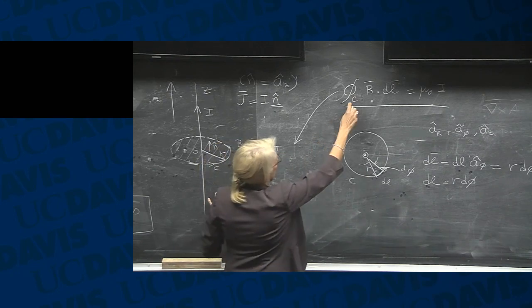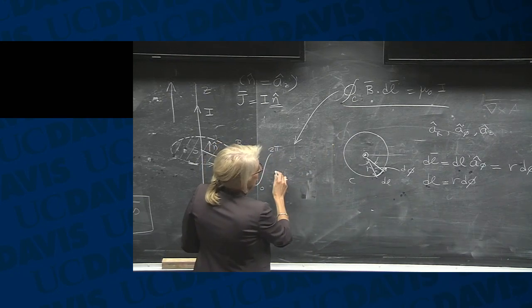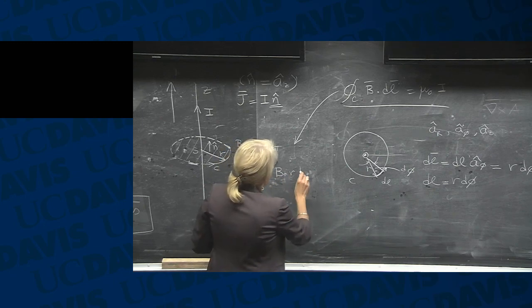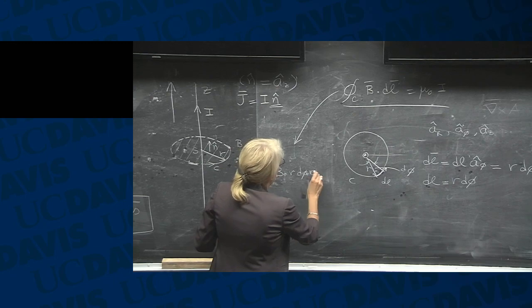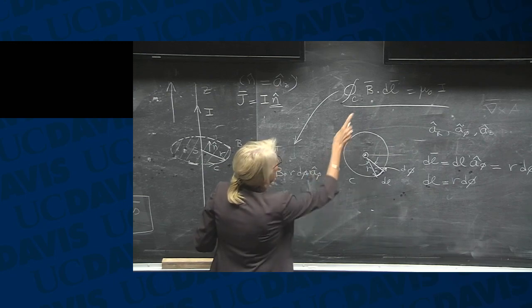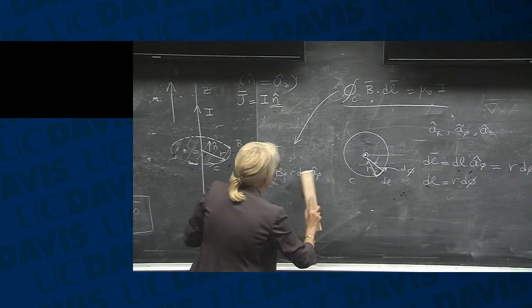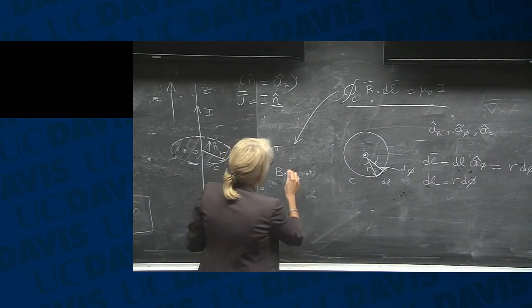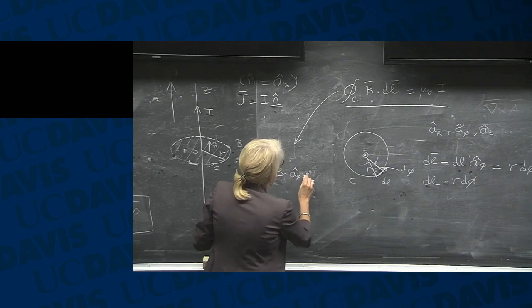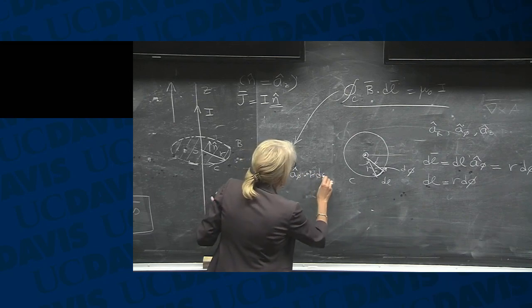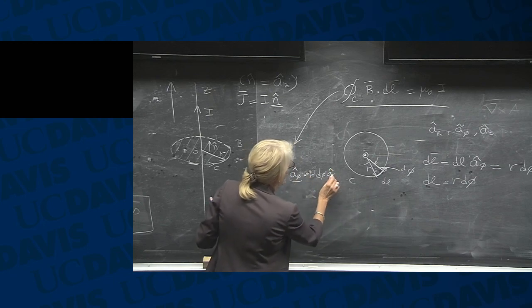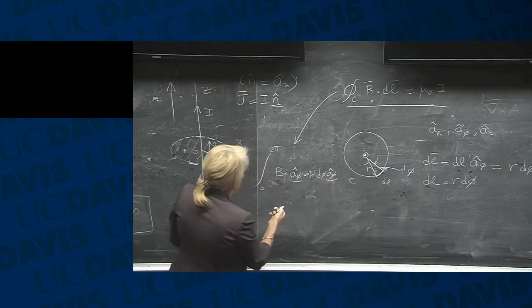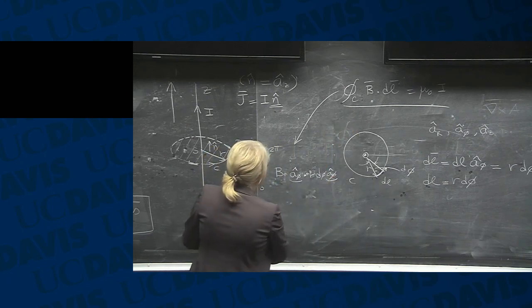That's the integral over C of B naught a sub phi dot r d phi a sub phi, which is dl. So the inner product between this a sub phi and this is 1, all right? And there, this is going to give,